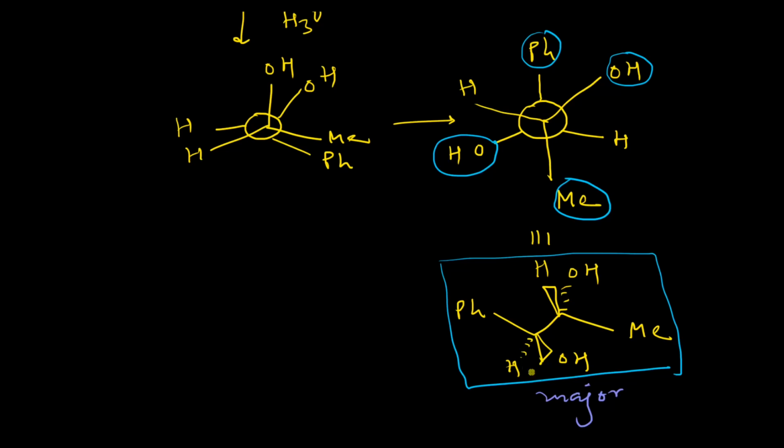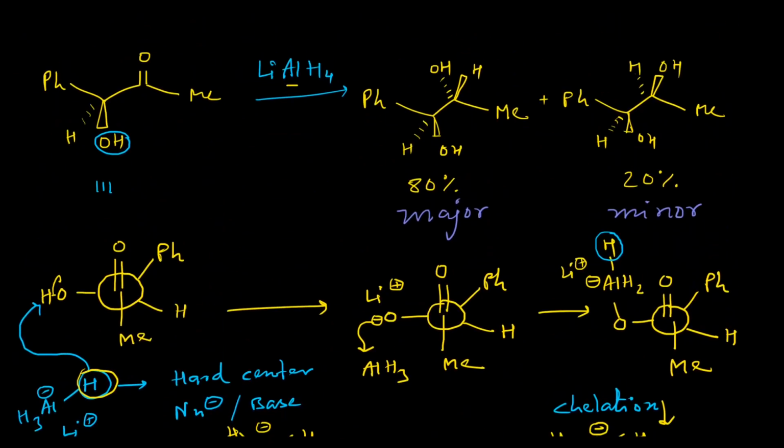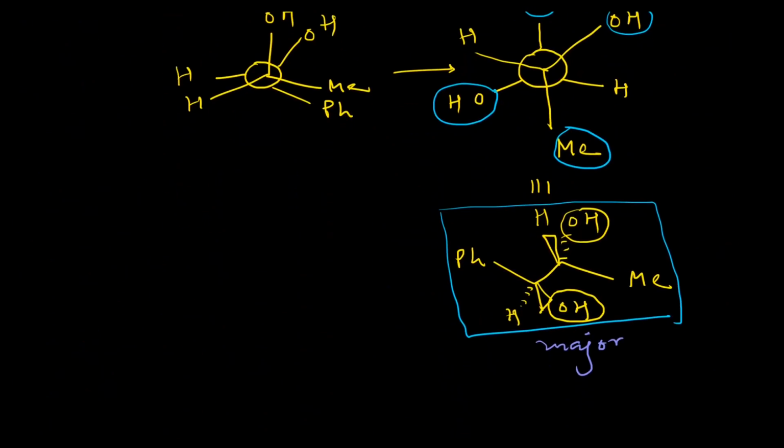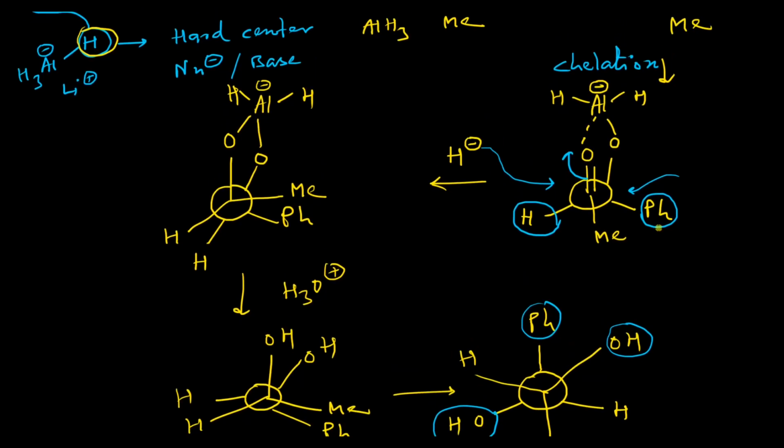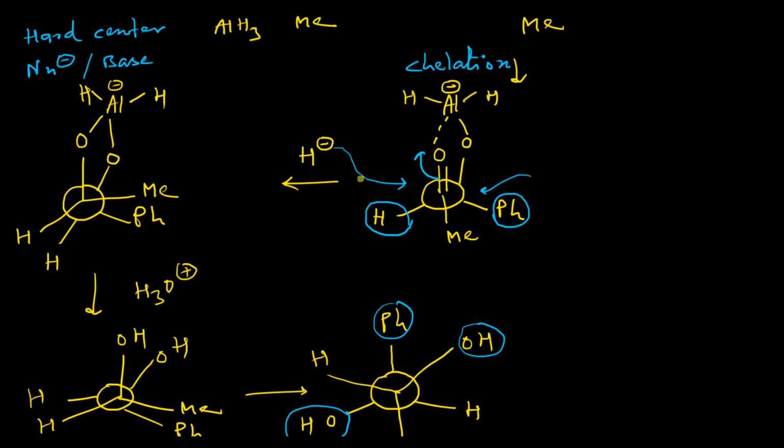So if we quickly match the stereochemistry, then here carefully notice that this particular OH group is above the plane and this OH group is below the plane. So this OH group is above the plane and this particular OH group is below the plane. So we have just seen how the major compound is forming during the reaction. Now if we consider the formation of the minor compound, then we have to again consider this chelate complex. So attack from the left side provided the major isomer. So obviously attack from the right side will be the reason for the formation of the minor isomer.